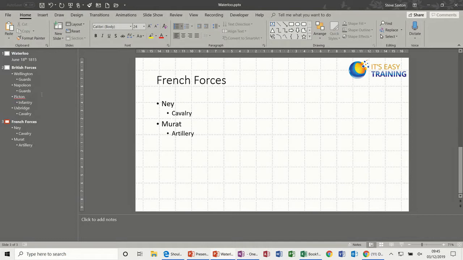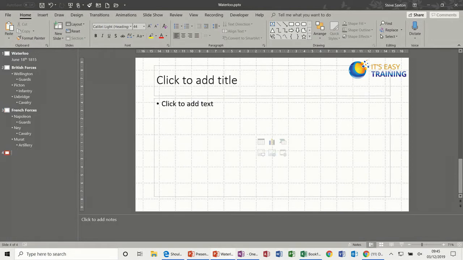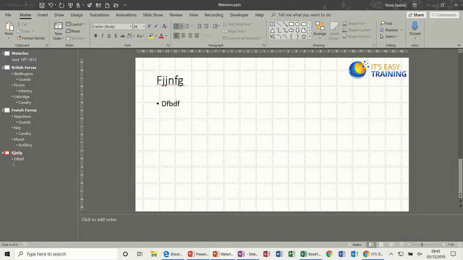Now I'm going to do Ctrl Z for undo because I don't want that, but let me just show you how this would work if you were typing slides quickly. So if I press enter there and then do Shift Tab and again Shift Tab, I create a slide. I type, I press enter, I tab, it becomes a bullet, enter, a bullet, enter, Shift Tab, a slide, and so on. Enter, tab. So if you're a touch typist, you can very quickly create your